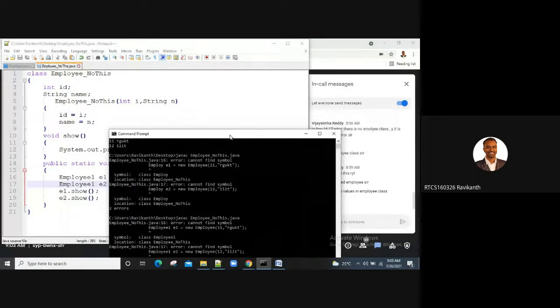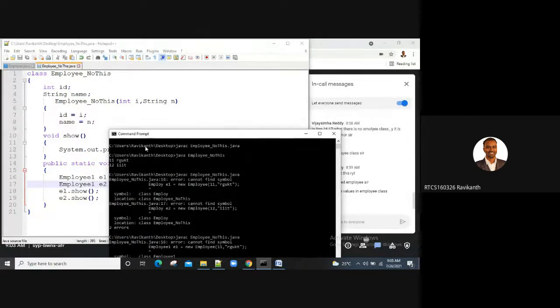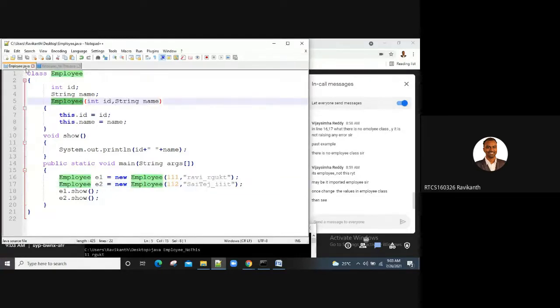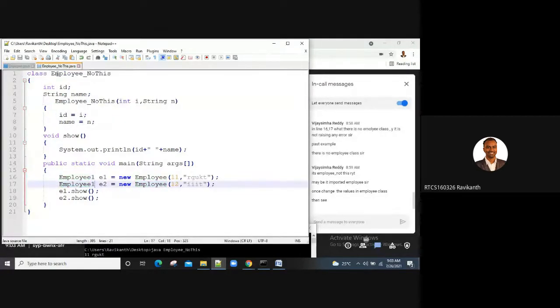Here we got a result, but it was taking the previous class, because previously in this example we had employee, right? I think it was matching with that.